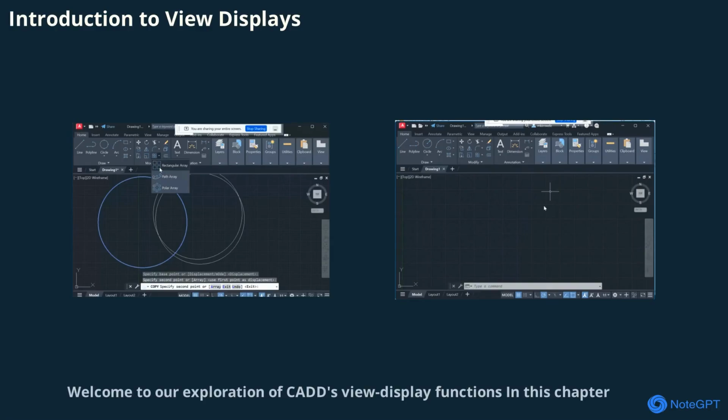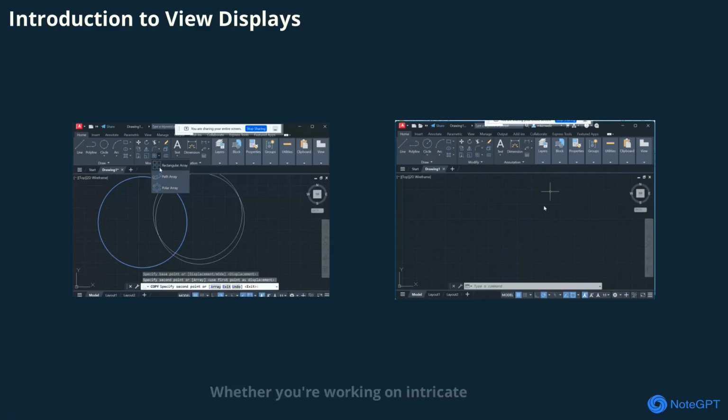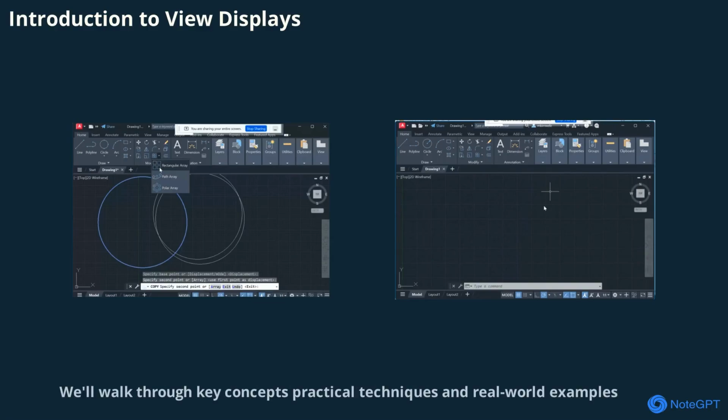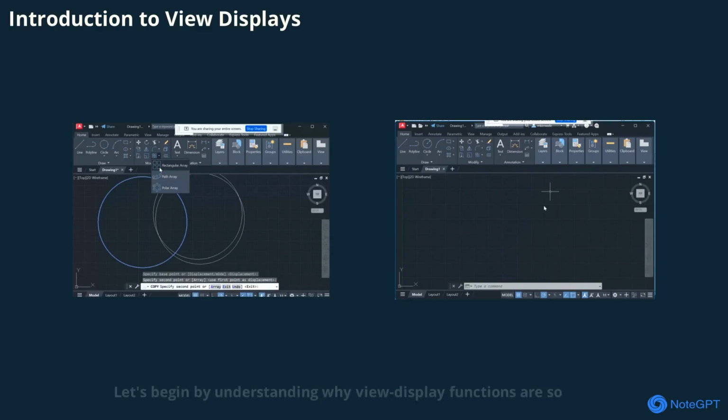Welcome to our exploration of CADD's view display functions. In this chapter, we'll uncover how these powerful tools help you navigate, magnify, and manage different portions of your engineering drawings. Whether you're working on intricate mechanical parts or large architectural plans, mastering view displays is essential for efficiency and precision. We'll walk through key concepts, practical techniques, and real-world examples, ensuring you gain a clear understanding of how to manipulate your drawing views. Let's begin by understanding why view display functions are so crucial in CADD and how they